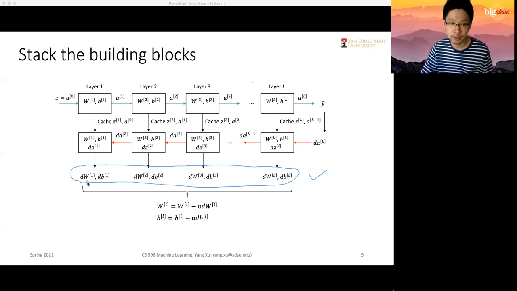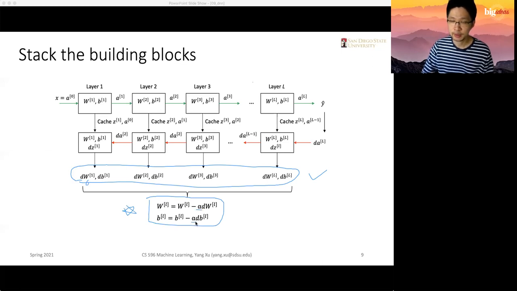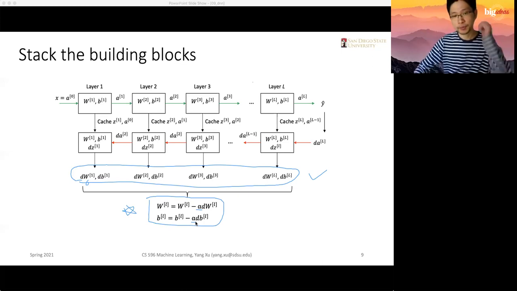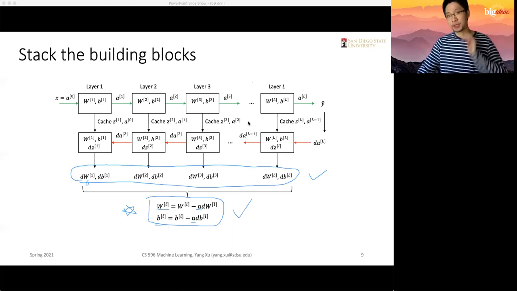We collect all these dWs together, and then we use the formula of gradient descent. Remember, this is the formula for gradient descent. And the alpha here is the learning rate that controls how big a step we make in each iteration. Using gradient descent, we can update the parameters W and B accordingly,